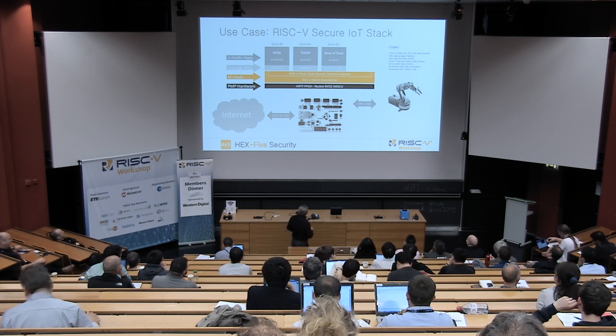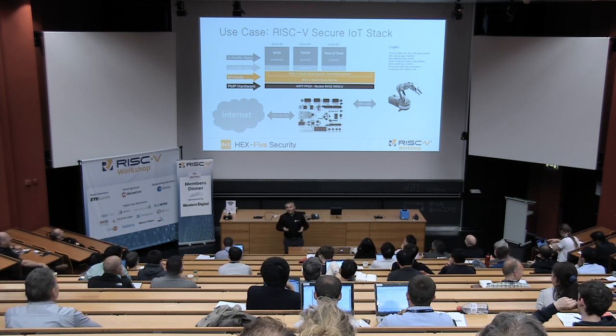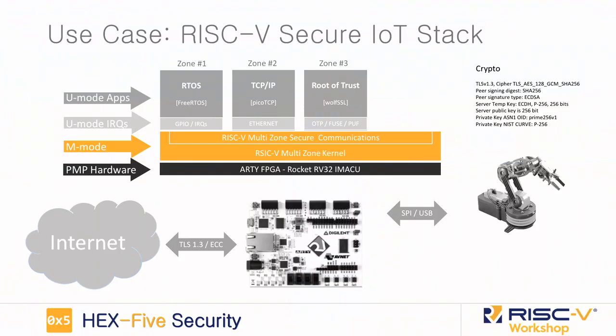Okay. So now in any system that has any kind of crypto, you need to have a root of trust. Now, the good thing with this model is that the root of trust is separated from the rest. Same story. You cannot get the keys out by attacking like crazy the TLS link. And by the way, we have done this with Wolf SSL, another de facto standard for embedded. We just drop it in a zone. It works. That's the beauty of the model. We didn't have to reinvent the wheel, right?